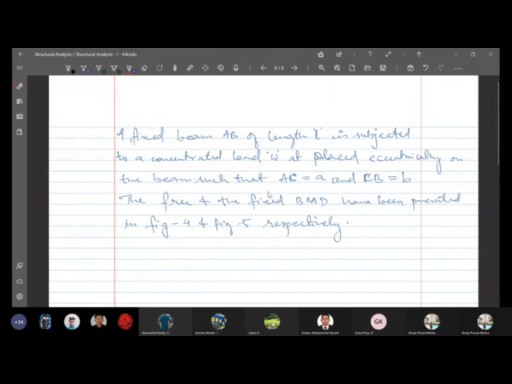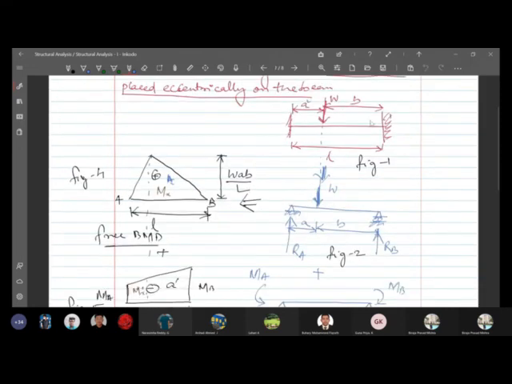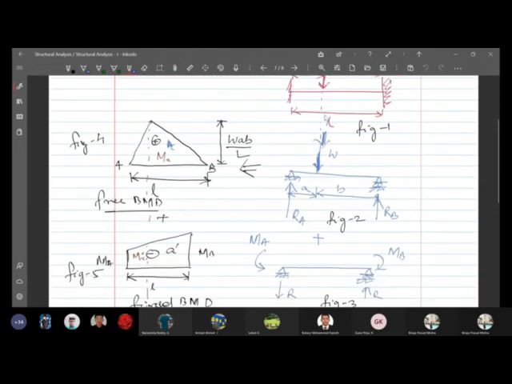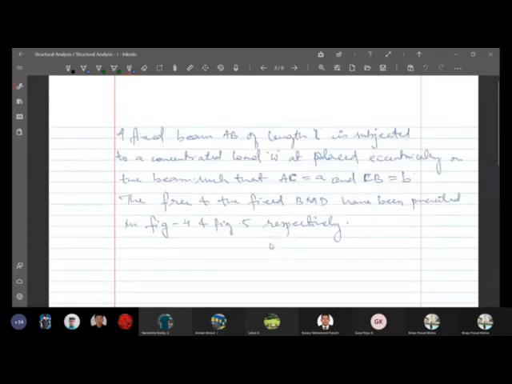So here, no doubt, the beam is not symmetric, it is not loaded in a symmetric manner. Still, the area of the free bending moment diagram and the area of the fixed bending moment diagram will be the same, from our theory. So we can write,